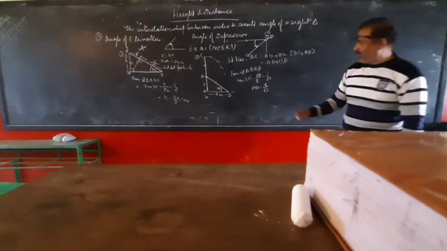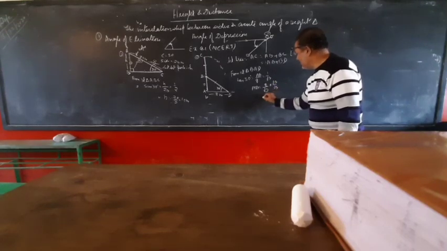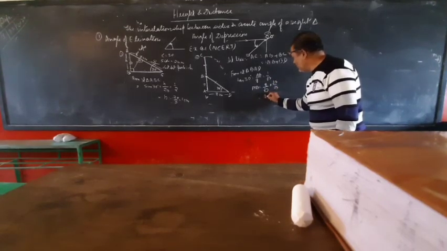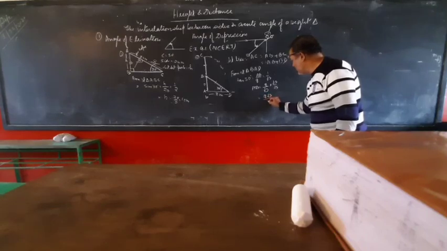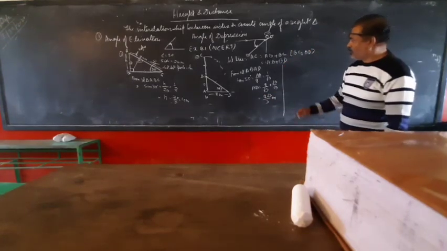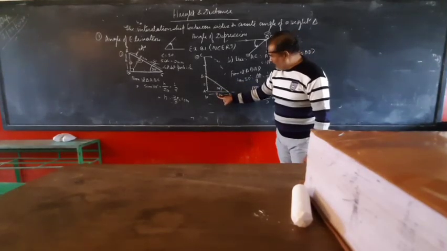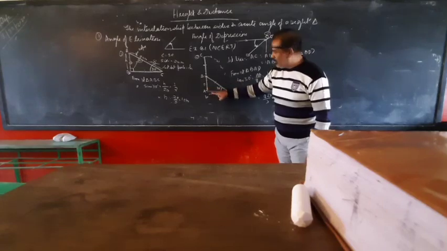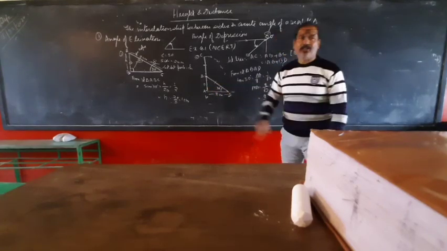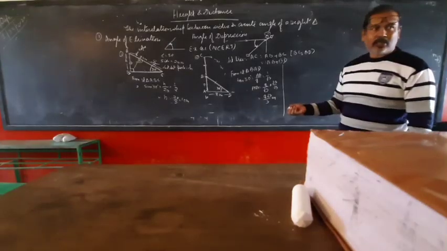Okay. Now rationalize this one. Multiply by root 3 upon root 3. That is equal to 8 root 3 upon 3 meters. Now once more. Here we have now got both B and P values. So what is the relation between this B and H? Cos. Or say both are correct.